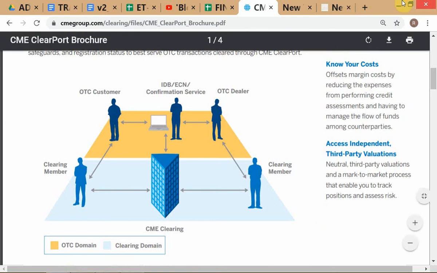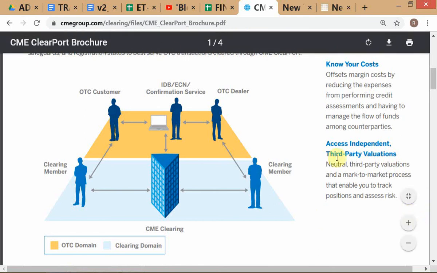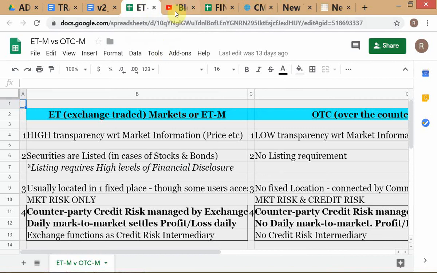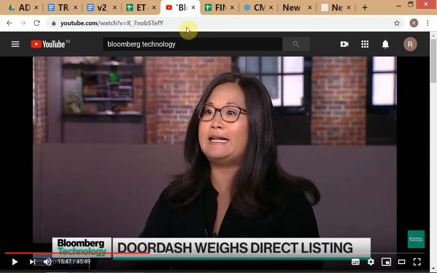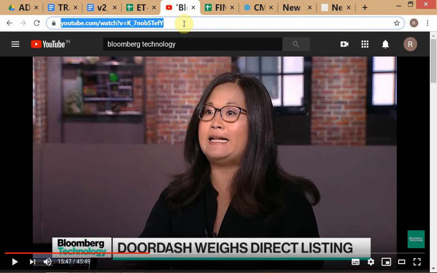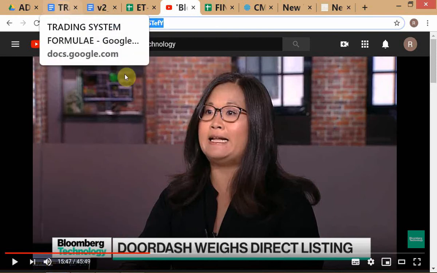So now we were trying to understand this. I'll try to put this also. One of the things we are going to discuss when we discuss capital markets, you heard of this company called DoorDash? It's a food delivery company in the US. I'm going to put this here, it's in the 15-minute, it starts from 15 minutes. There is a discussion of